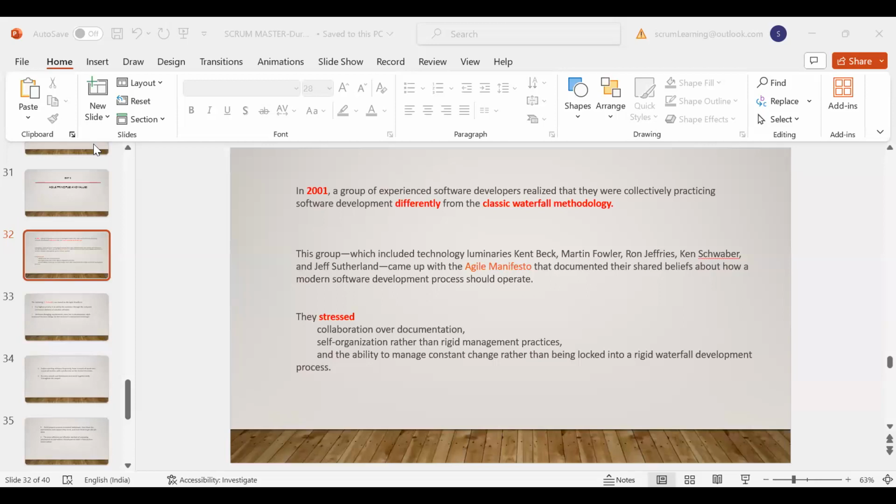Are the Scrum Master and BA the same role? No. The answer is no. They are not the same. BA is a business analyst. I think the name clearly says what he does. He may come up with the business requirements of the customer. But there is no restriction that a BA can't be a Scrum Master. He can be a Scrum Master if he wants to. But they are not the same role. Did I answer your question?